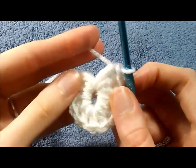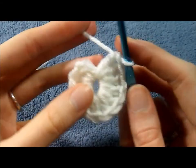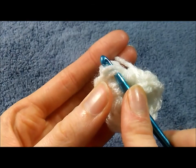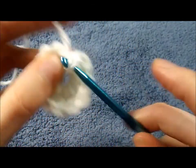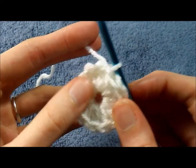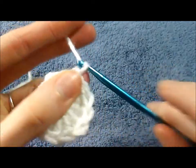Okay, just finished my 12 double crochet in that center circle. Now to finish off, I'm going to go into this stitch right here, that first stitch, and I'm going to slip stitch. So now we have a circle. So that's round 1. Now we're going to chain 3,